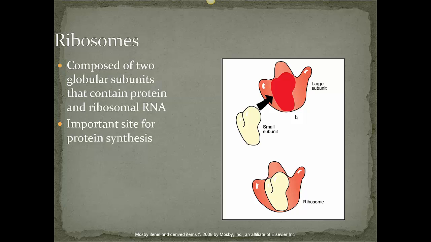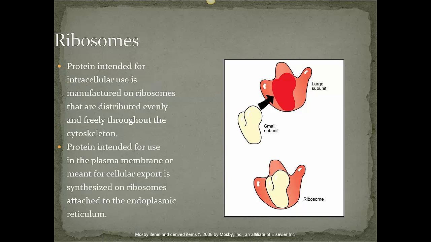it's going to grab an amino acid that it codes for, and it's going to start putting these amino acids together and eventually start making proteins. And those proteins are going to direct cell metabolism. Ribosomes make proteins intended for use inside the cell, and these are usually freely distributed throughout the cytoskeleton. And then also proteins made for the plasma membrane are meant for export,